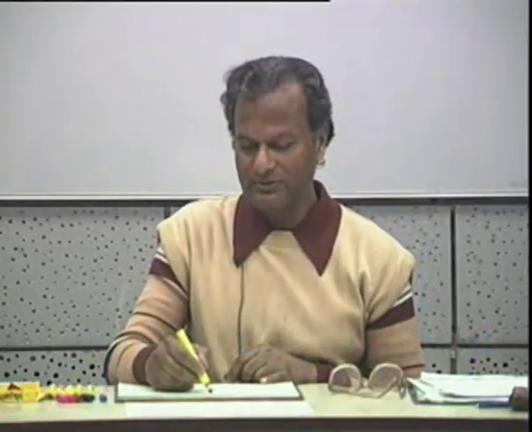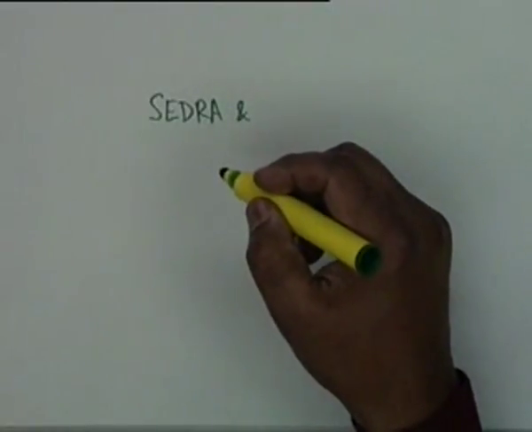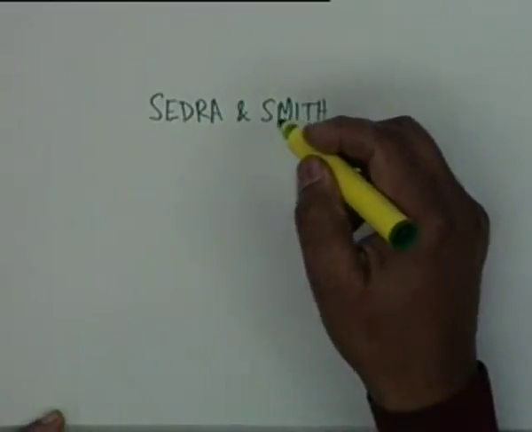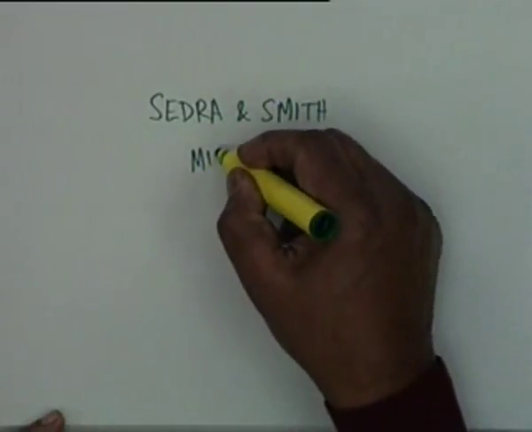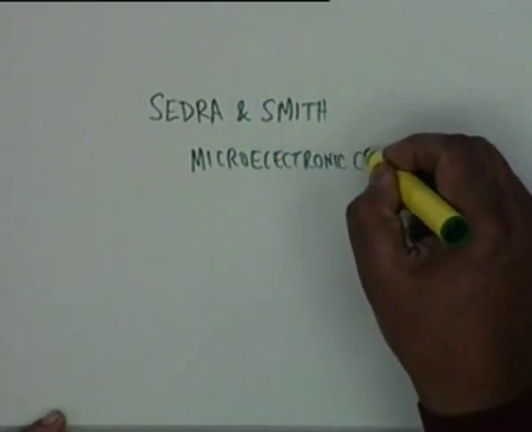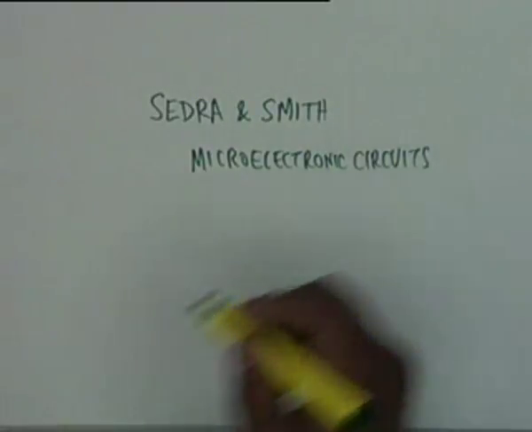Another book, which is available in the library, and it's a good book comparable to Burns and Bond and the other, Millman and Grabel. This is Sedra and Smith. This is called Principles of Microelectronic Circuits, or simply Microelectronic Circuits, I think. You have to consult various books, there is no other way. The material is so large and so technology oriented, things are changing so fast, books become obsolete in a very short time.